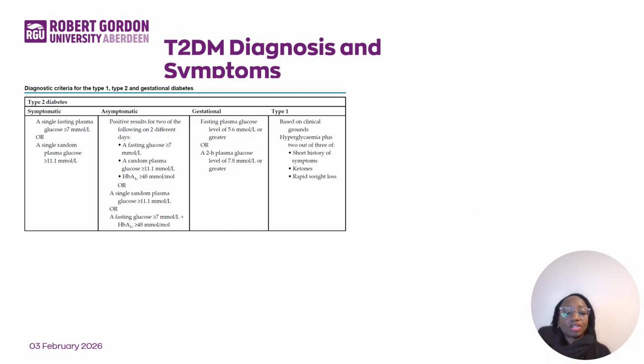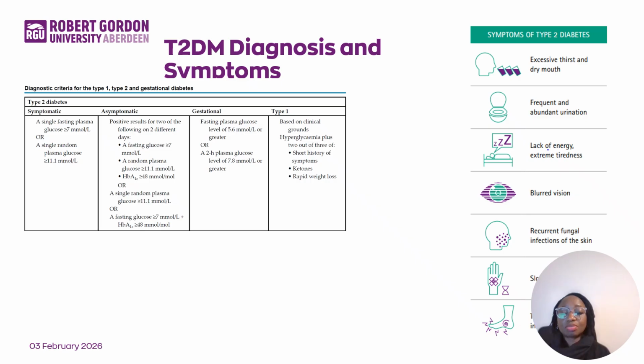Okay, so back to diagnosis again as a reminder, those are the parameters. These will be the signs, but importantly, alongside the signs, people also present with symptoms, and these are the ones listed here for type 2 diabetes. So you have excessive thirst and dry mouth, frequent and abundant urination, lack of energy or extreme tiredness, blurred vision, and the recurrence of fungal infections. Okay,